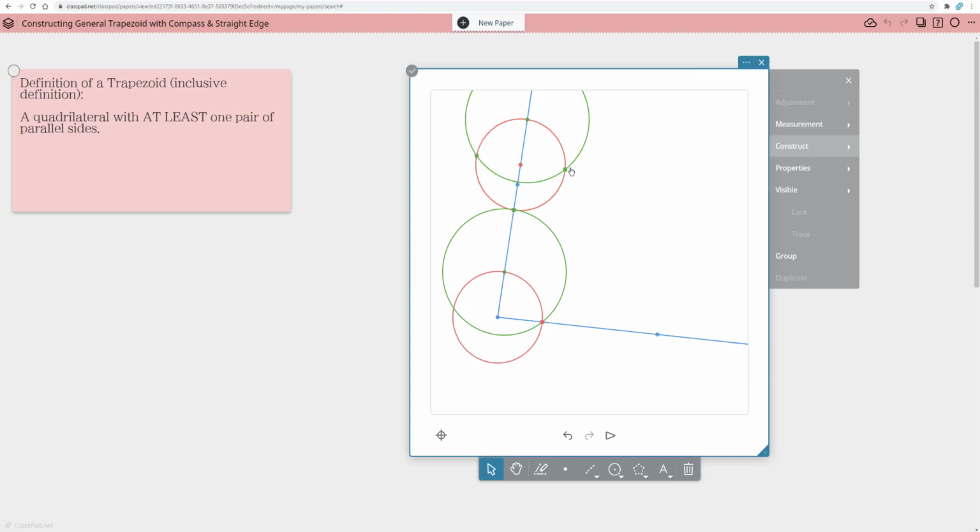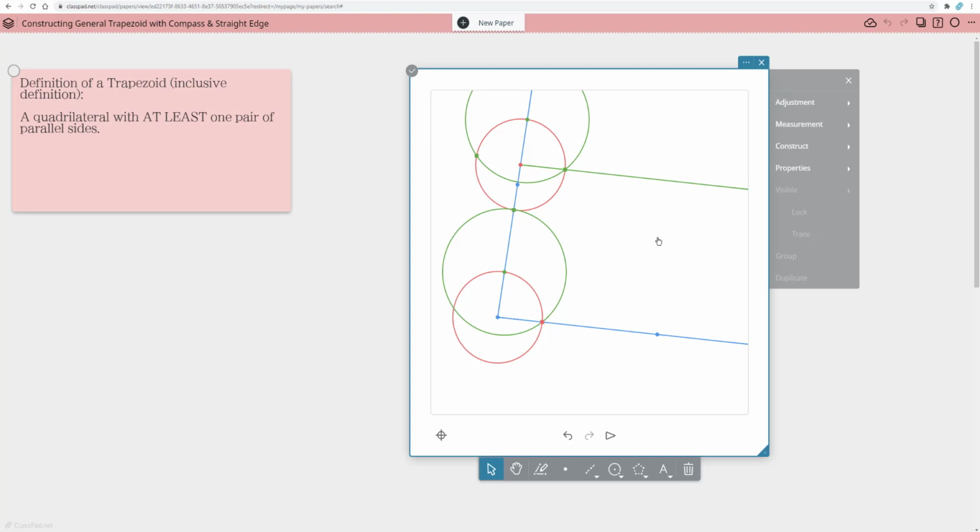And now if I connect these 2 points, the center, which matches the vertex down here, to this intersection, which matches this point's intersection here, I should get a second line that is parallel to this first one. So let's use a ray just for the heck of it. I could use a line, I could use a segment, we're going to use a ray. And so now these two are parallel, and I know that I don't have to measure.